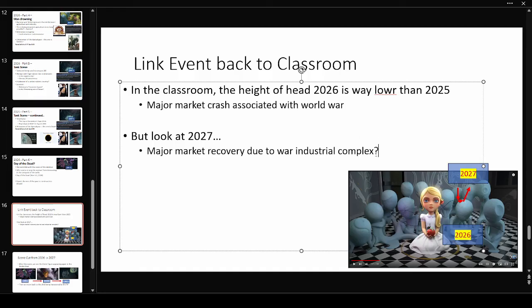I wouldn't put it past them. I think the elites do this all the time. And this is another way of reinvigorating